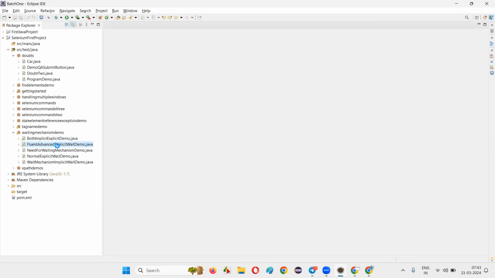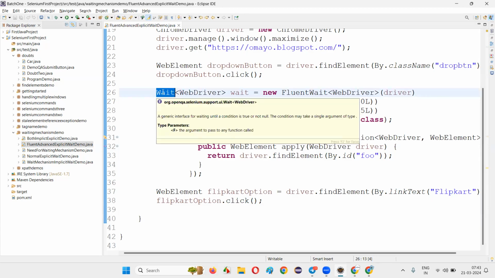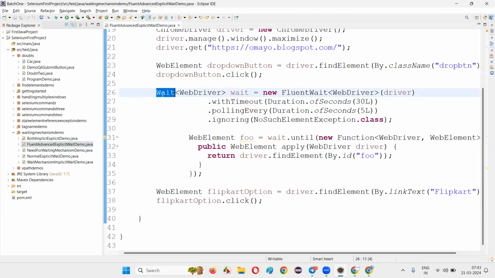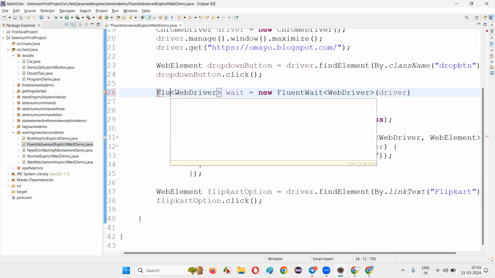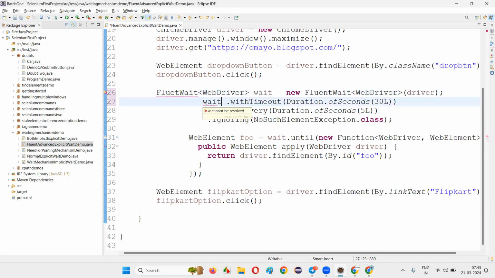You can try out all the variety of ways that you are thinking just now. So you see, I can directly put Fluent Wait only here, right? Why do I have to put a parent interface here? If I have to do that, it is very simple, right? If I make it Fluent Wait, how much easier it will be, you see? Fluent Wait is equal to, now I don't have to call this here. Directly I'll say wait dot. You see, this is okay. Wait dot. This is returning the, now if you hover the mouse on this, with timeout,